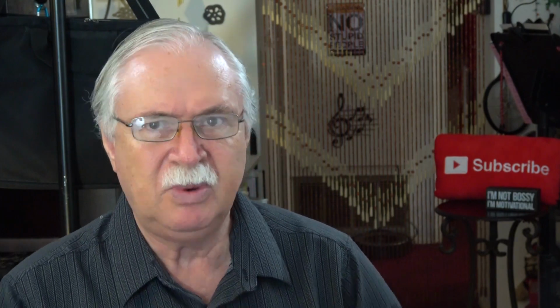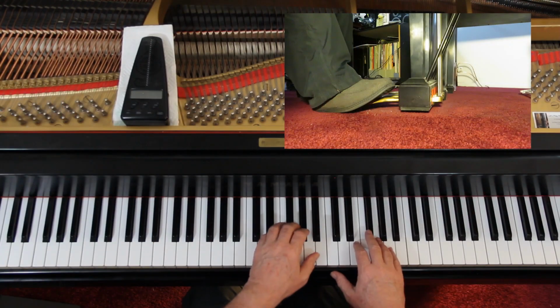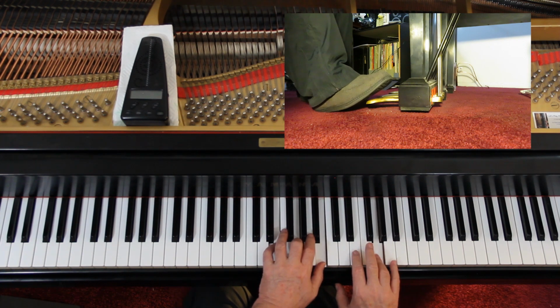So it's overlapping unless there's a phrase involved, and then I'm going to lift the pedal with the right hand. So I get silence in the right hand. So it's going to be legato pedal as much as possible. That means I'm going to push the notes down first and then the pedal at the beginning. You don't pedal those eighth notes here, but right after I play these notes, I'm going to push the pedal